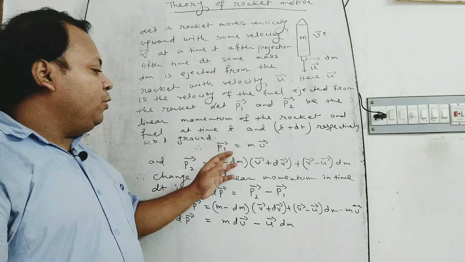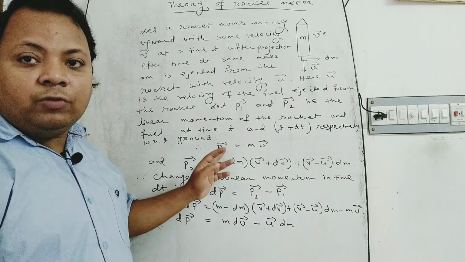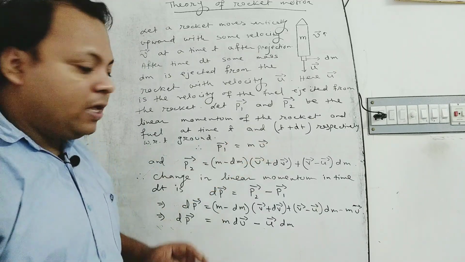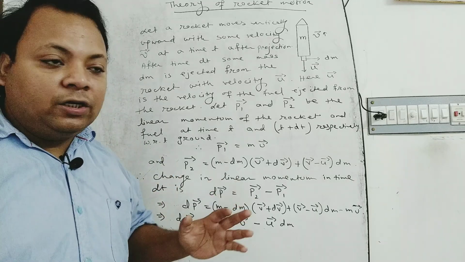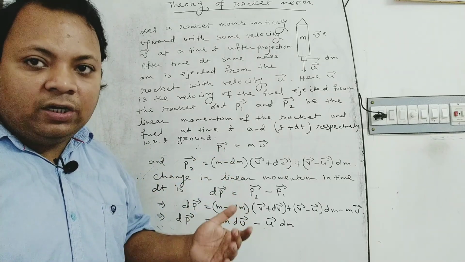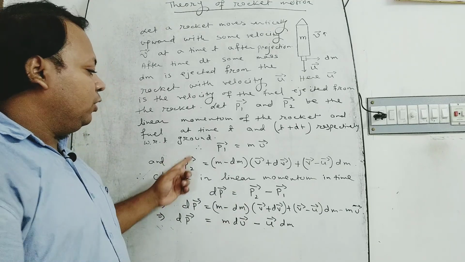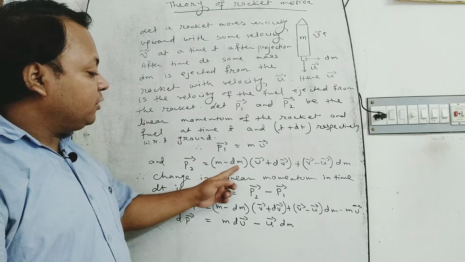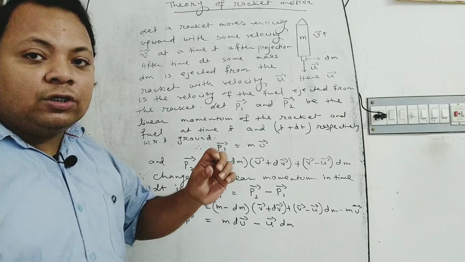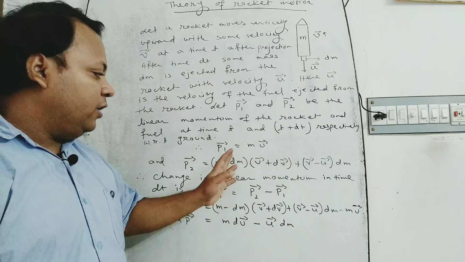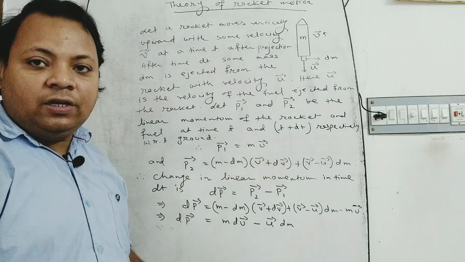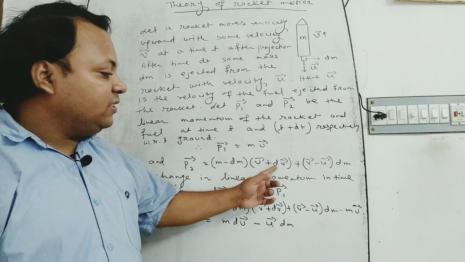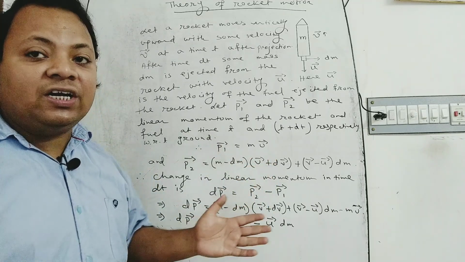Therefore, p1 is equal to m into v, and p2 is equal to m minus dm, the mass of the rocket without the ejected fuel, into v plus dv. Here v plus dv is the increased velocity after ejecting fuel,